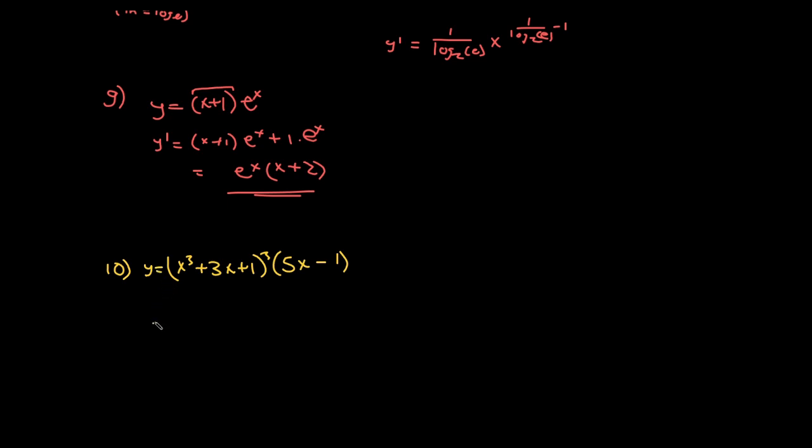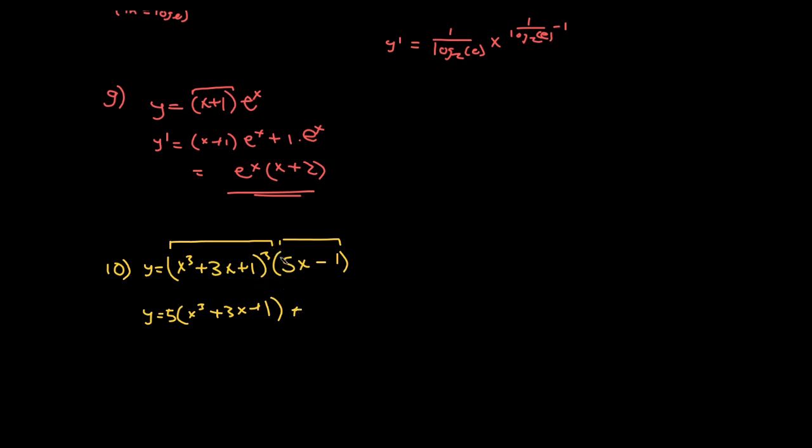Alright, that's y. And you might want to start expanding this because you have an exponent here and then use the product rule, but that's just a little bit complicated. I'll just immediately start using the product rule and treat this as an entire function. So first of all I have to copy this, right? That's easy enough. 3x plus 1 and multiply by the derivative of that, that's just 5, so I'll put that 5 out front. And then I have to add by the derivative of this,